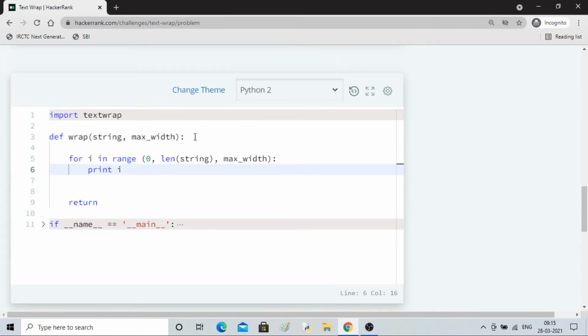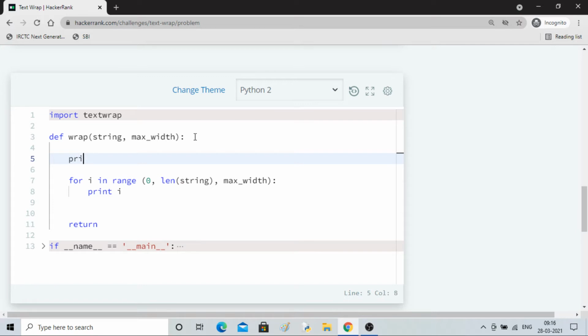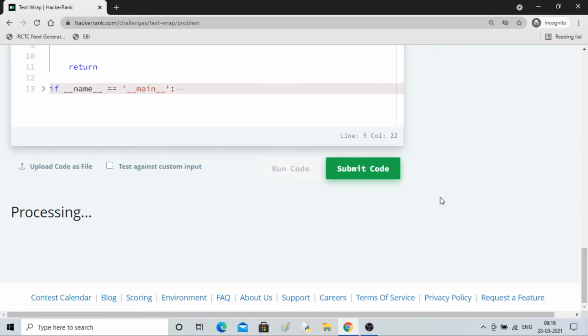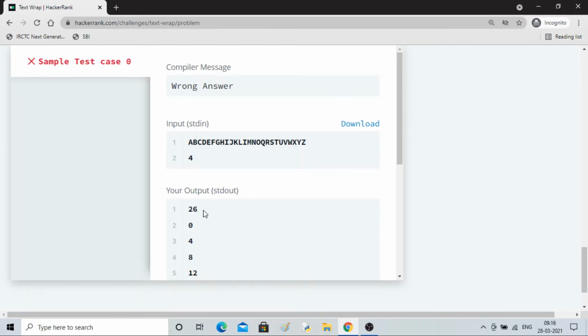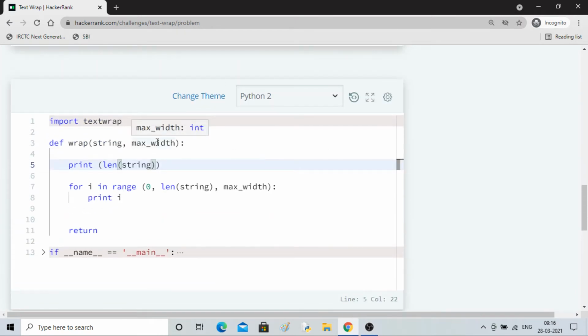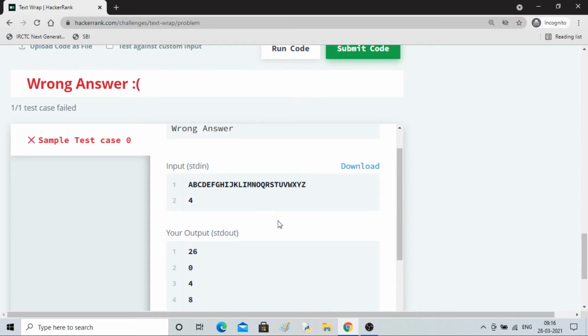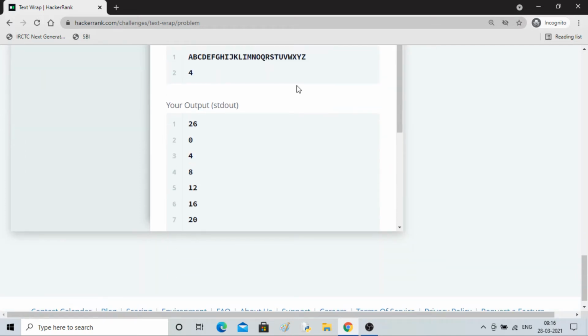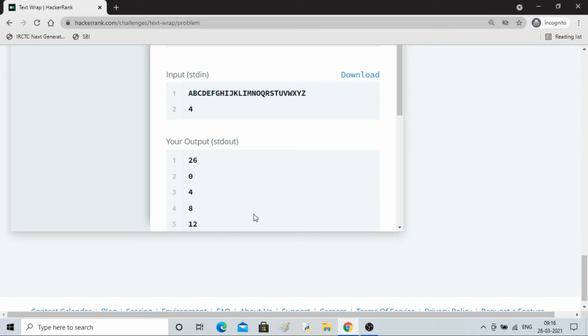So you can see 0 4 8 12 16 20 24. Let's see the length of string. Print the length of string. We have 26 as our length of string, and it is going till 24, till X it is going.